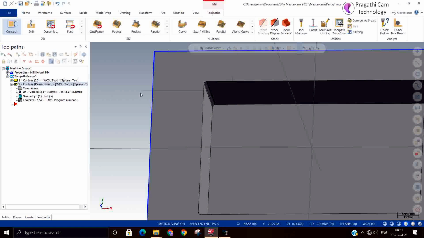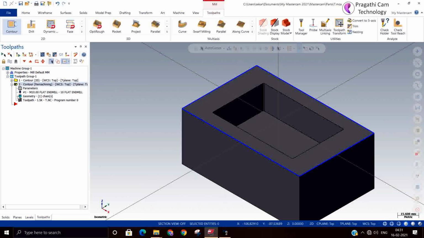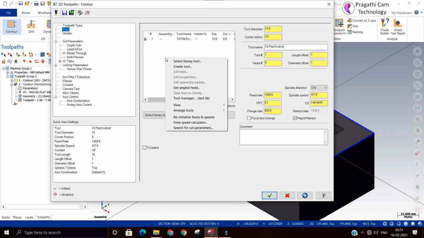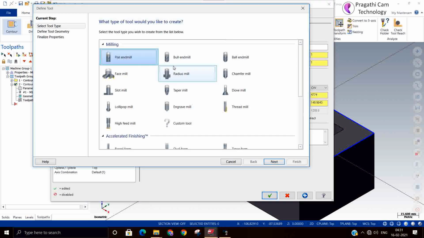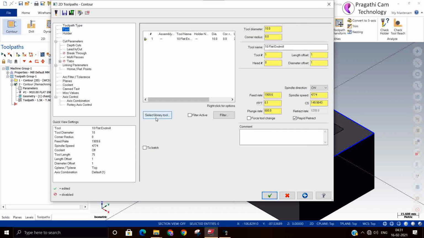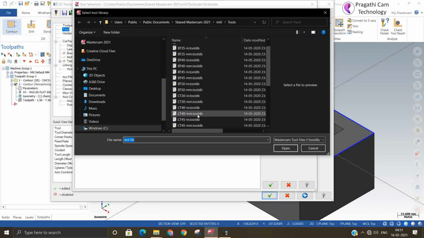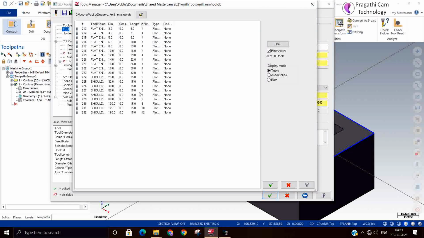Okay, so because we are using the same tool and trying to, if you have not taken the tool, how will it calculate. Okay, so if you see the library, and if the tool is available in the library, we'll come to the standard library. Here we will take a 2 dia flat end. A 2 dia cutter is not at all there in the list. So right click and create new tool, flat end.